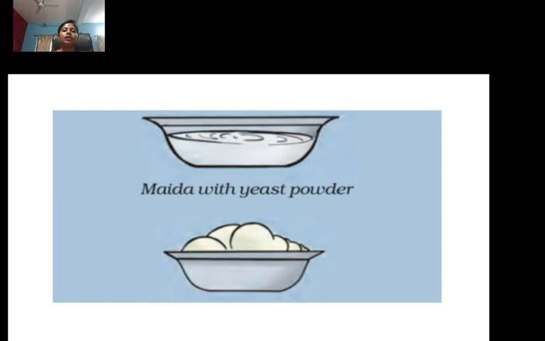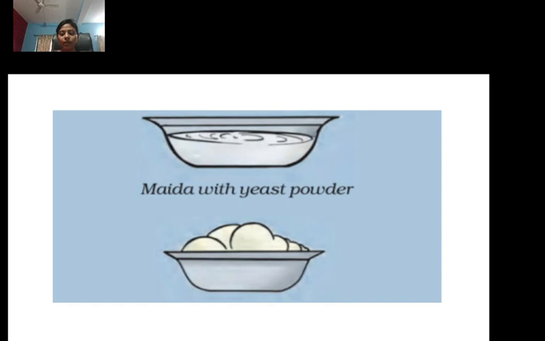Now, yeast reproduces very rapidly and produces carbon dioxide during respiration. That is why this maida rises, because of the carbon dioxide, and they produce it so fast that it rises. Bubbles of the gas fill the dough and increase its volume. So this is the basis of the use of yeast in the baking industry for making bread, pastries and cake. All the shops making bread, pastries, cakes are using yeast powder. Alright students?